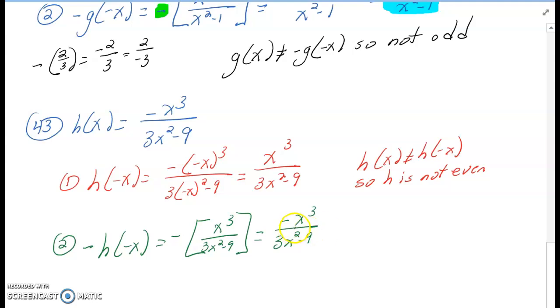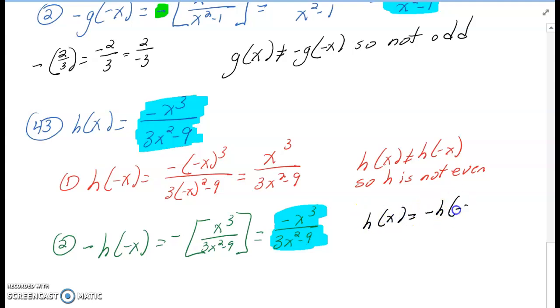So when I distribute, you get negative x cubed over 3x squared minus 9. And if you compare, I'm going to highlight this in blue, the opposite of h of negative x to the original, you should see that these two are equal. So h of x is equal to the opposite of h of negative x. So h